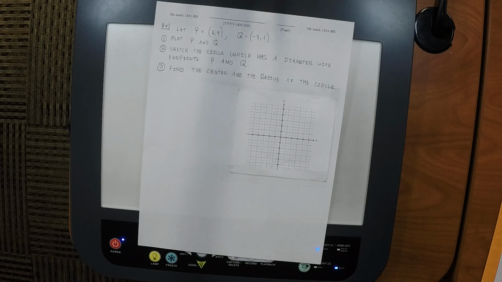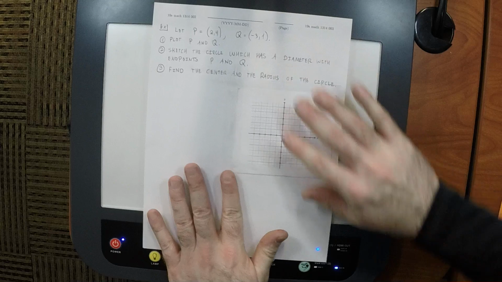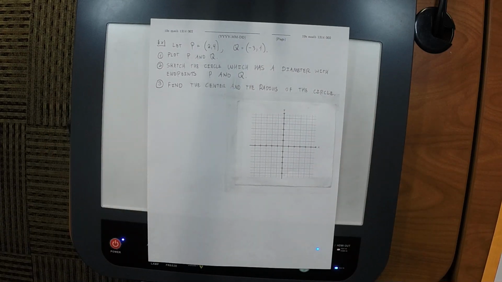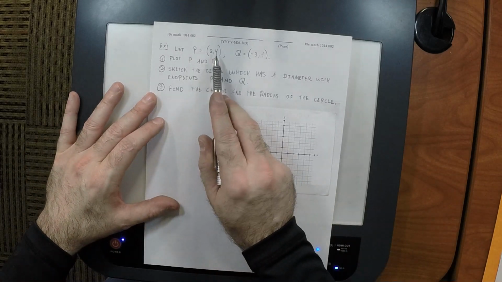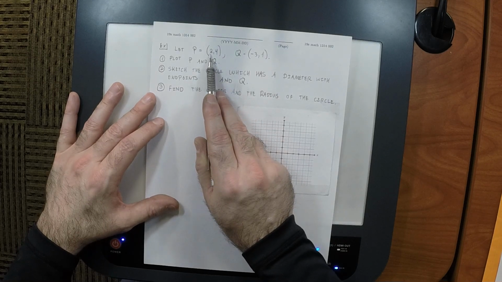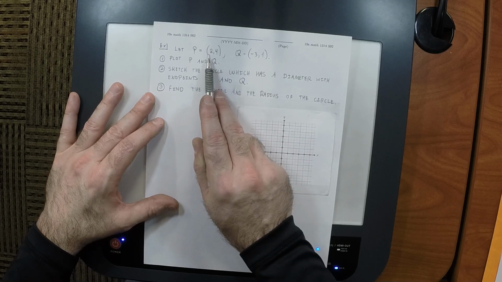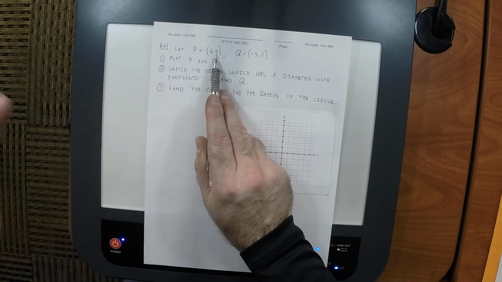So for P, in which quadrant is point P? It's in quadrant 1, which is to say the top right. The way that you can see that is, again, just looking at the coordinates one at a time. That is the horizontal coordinate, and because it's +2, that means it's in the right half. And that is saying top half. Okay, so it's in the right top.